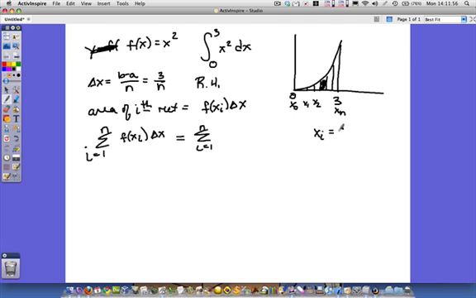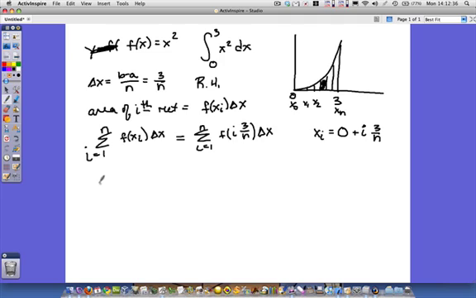x_i is equal to the starting place, 0, plus the number of subintervals times each of the subintervals' width. This tells me where x_i is. So x_1 is 0 plus 1 times 3 over n. The fourth one that I've shaded in is 0 plus 4 times the interval width, 4 times 3 over n. That makes sense. There's 1 interval width, 2 interval widths, 3, 4. There's x of 4. So this is going to end up being f of i times 3 over n times